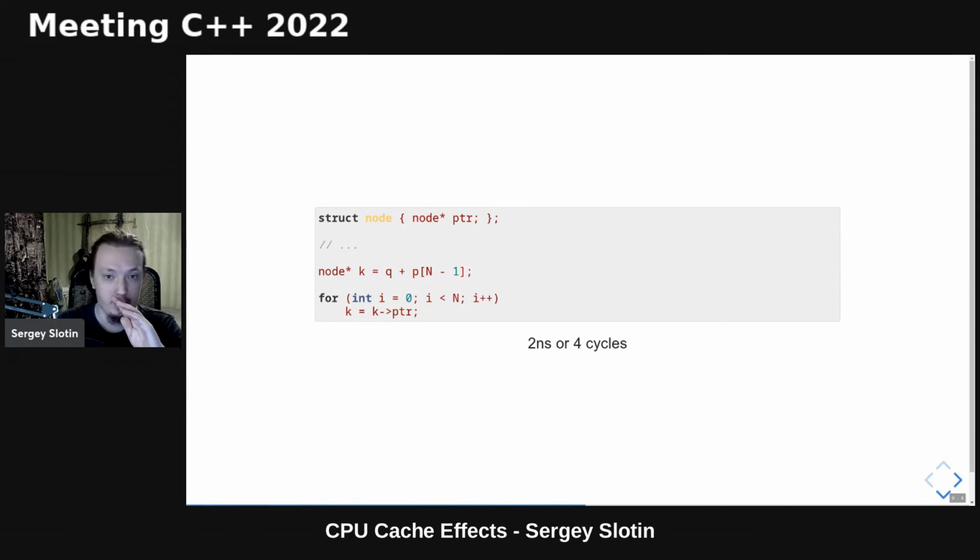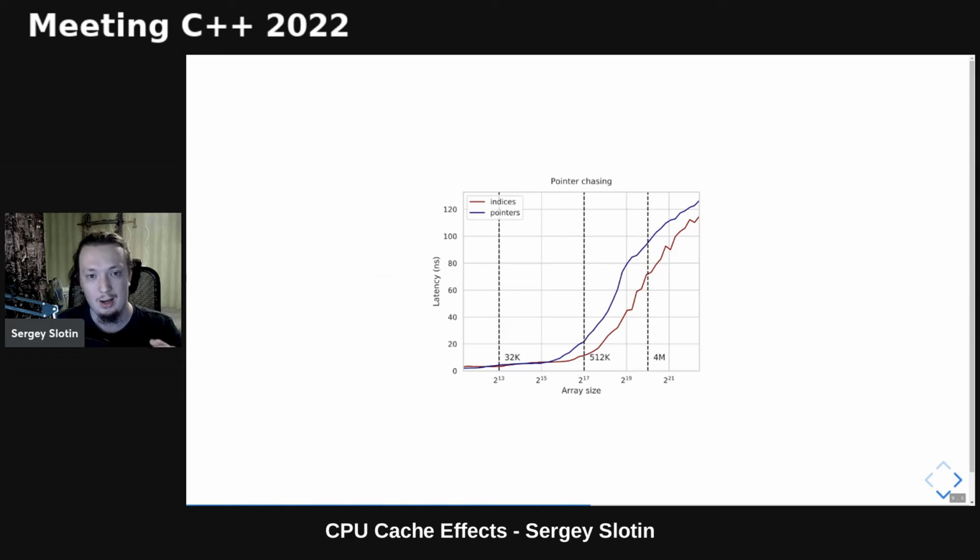This code now runs at a flat 2 nanoseconds, or 4 cycles, for arrays that fit into the L1 cache. Here we save 2 cycles because of a feature of this specific microarchitecture, but on most CPUs we would have saved 1. Unfortunately, there is a problem with using pointers on 64-bit systems. The pointers become twice as large as integer indices. An integer index takes 4 bytes and the pointer takes 8 bytes, making the array spill out of the cache much sooner compared to using a 32-bit index.